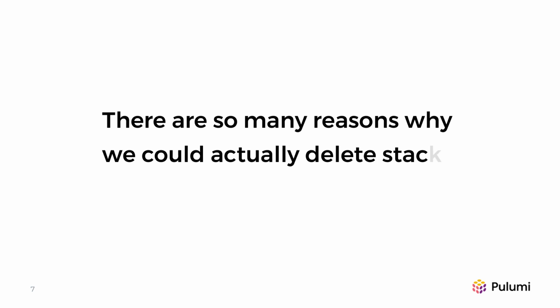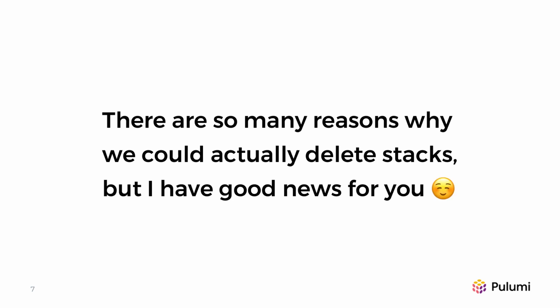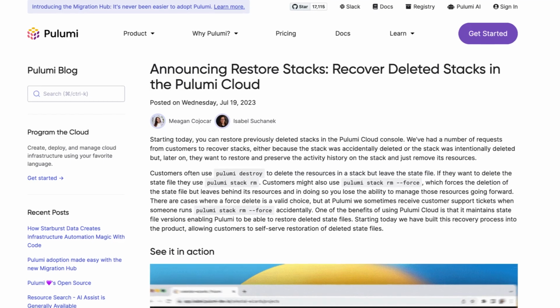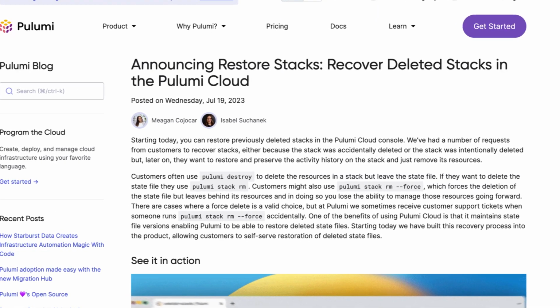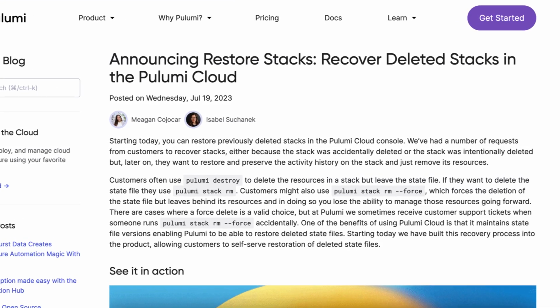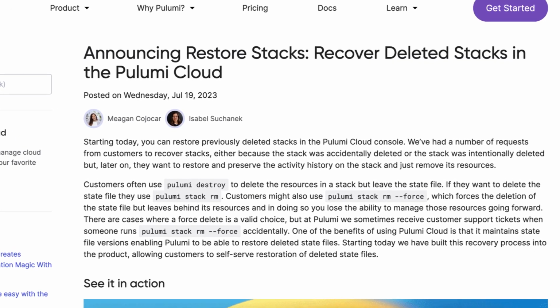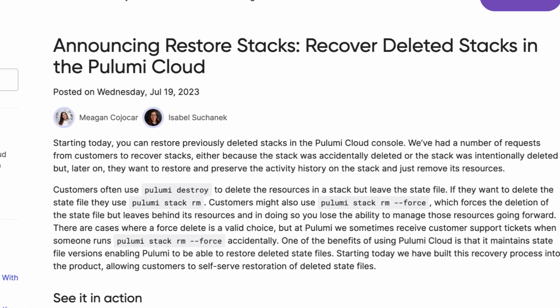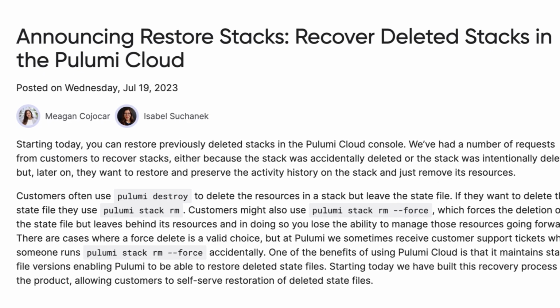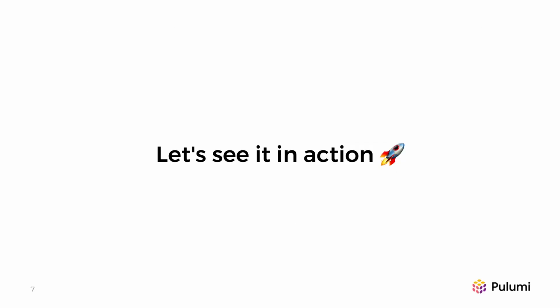There are so many reasons why we could actually delete stacks, but I have good news for you. If you are using Pulumi Cloud and you've accidentally deleted any of your stacks, there is something now called Pulumi Restore Stacks, and you can use that to get your stacks back. I'll show you how this looks. So let's head over to Visual Studio Code and create a Pulumi project, create some stacks, and we could just